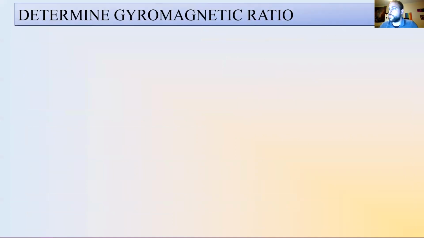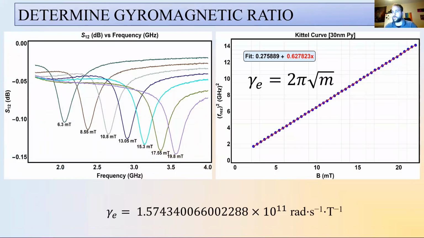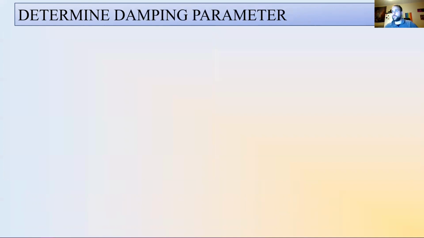So here I want to show how to determine the gyromagnetic ratio. It is from my previous analysis, performed through one of my measurements I have taken from our spin lab, where the gyromagnetic ratio can be found from the fitting of the Kittel curve that I have shown in the previous slides. So we can determine the damping parameter